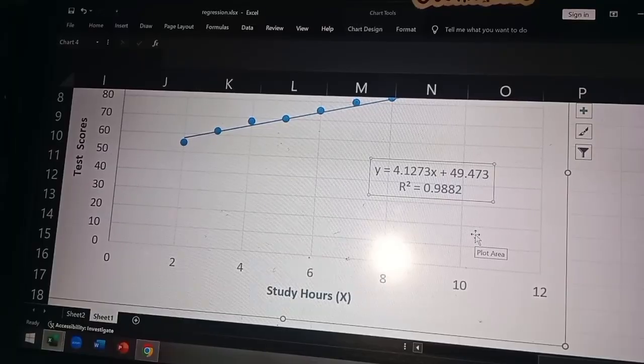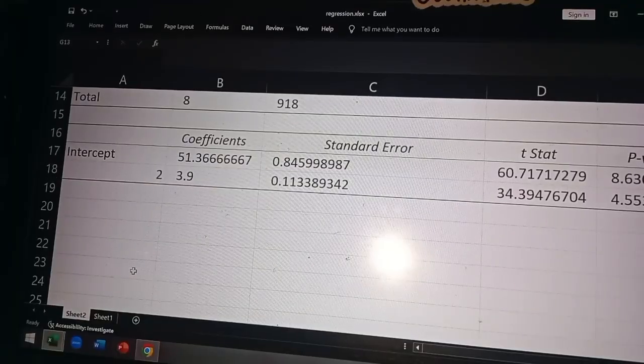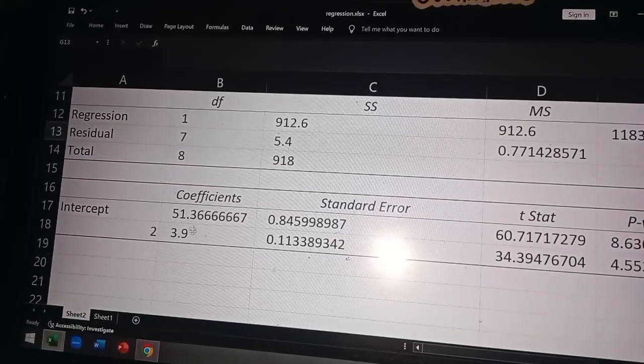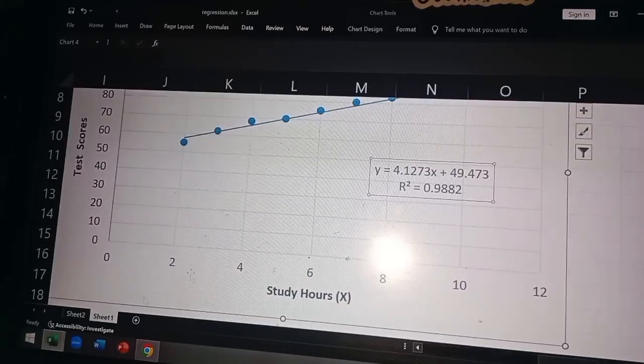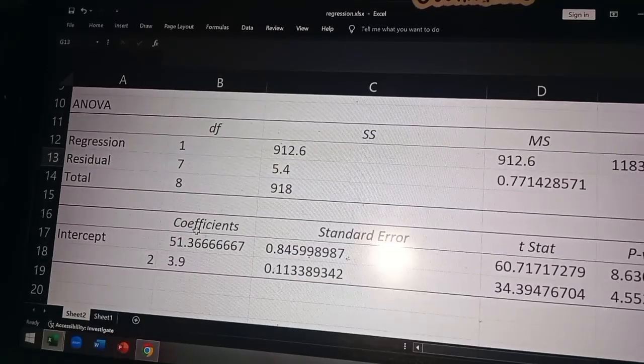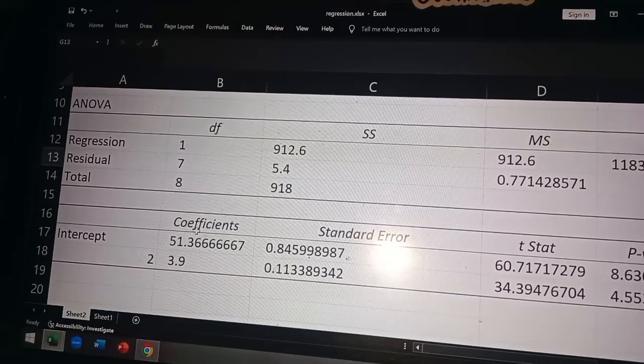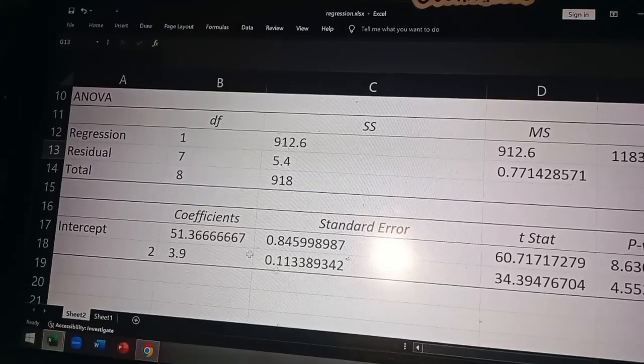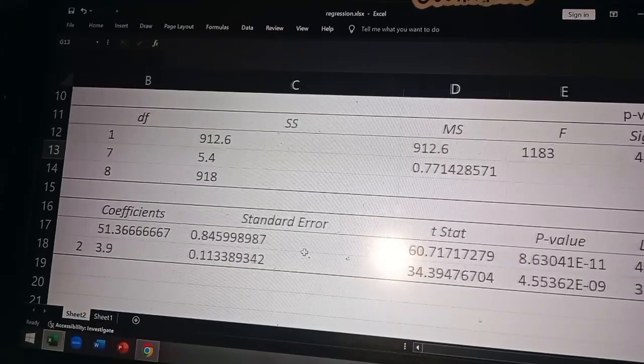I don't think it's acceptable, or it is acceptable because it's somehow close naman, no? Kasi 49 tapos 51. If we're going to round off this, that will give us 50, and this one, if we round off, will give 51. Okay, so as we can see, the standard error here, I don't know,